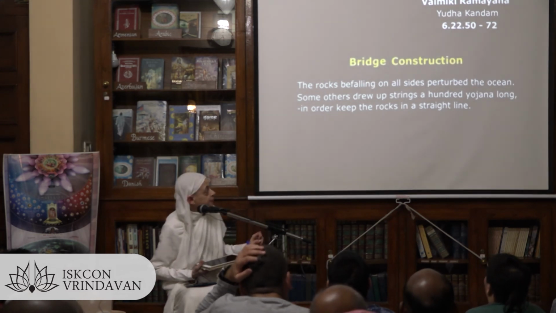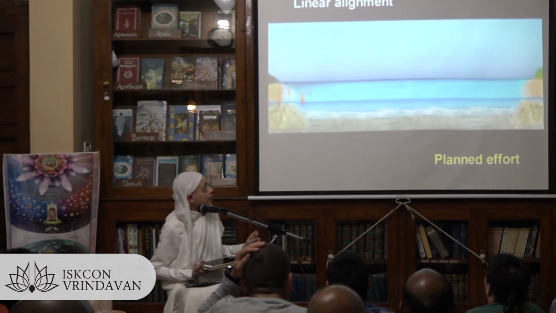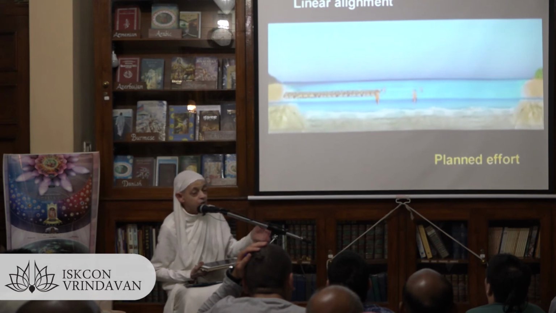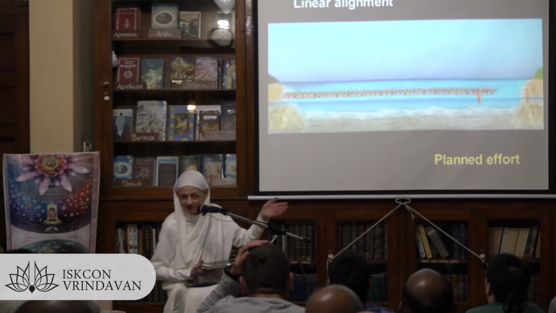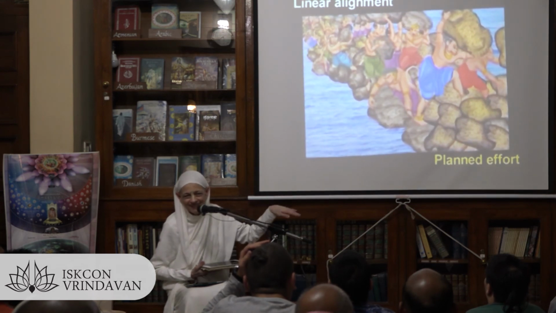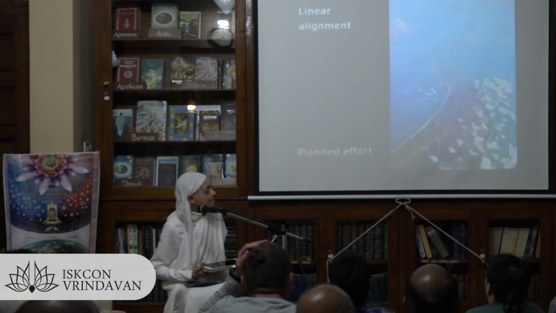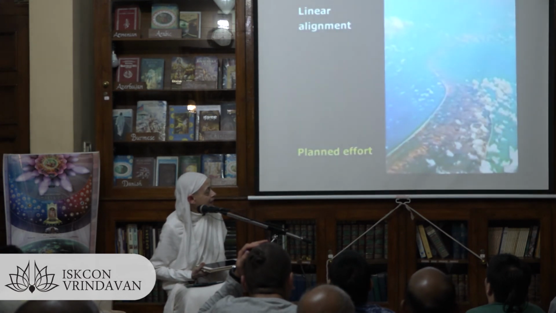The text then speaks of the Vanara holding ropes on both sides of the bridge being constructed, and the wood and the stones being piled between them. The text clearly mentions that the Vanara held ropes for many yojana to build the bridge in proper linear alignment. They used ropes to make sure it was lined. It is clear that it was not just random throwing of stones. They just didn't toss it. It took into consideration the concept of linear alignment, which is even today evident from the aerial photograph of the